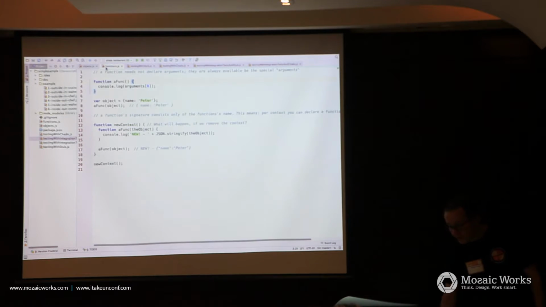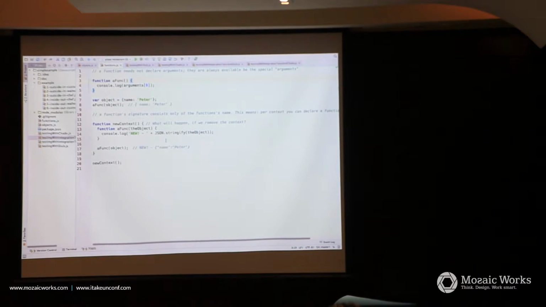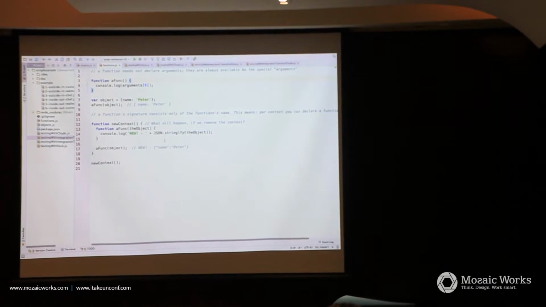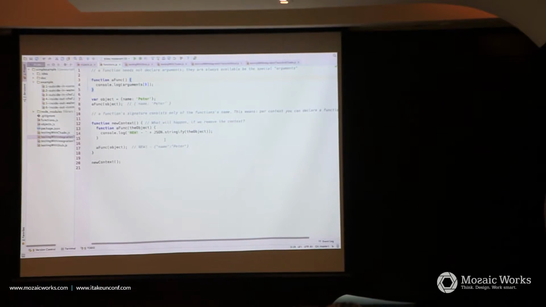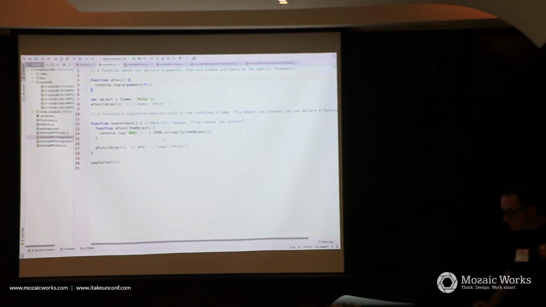The other thing is the functions. Who of you would say that JavaScript is a functional language? Why? Because functions are accessible syntaxes. Yes, and this means that you can have a function as a variable, and you can partially evaluate functions and return functions again. And this is really, really powerful.